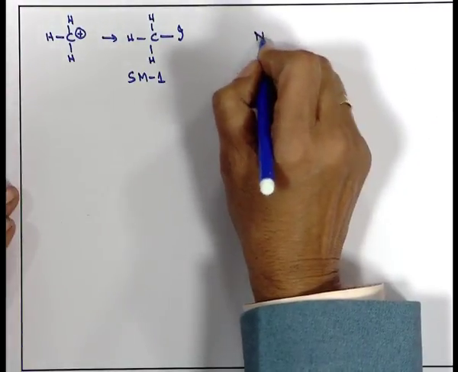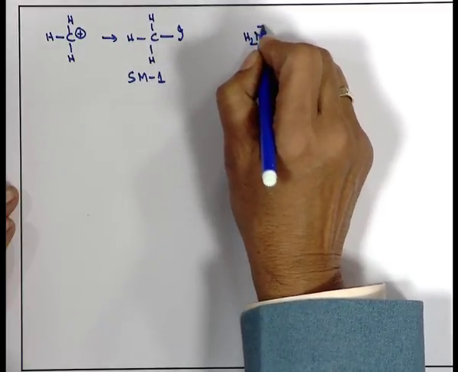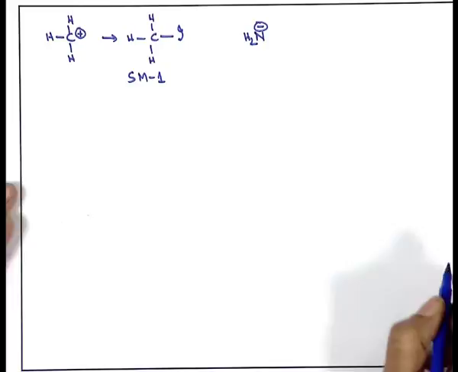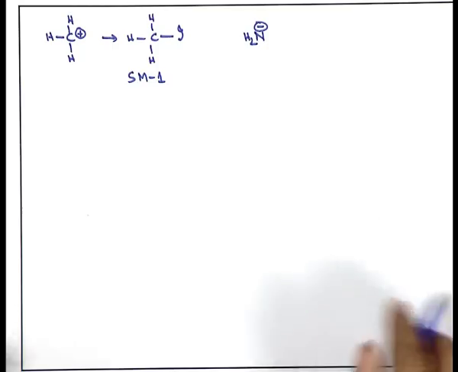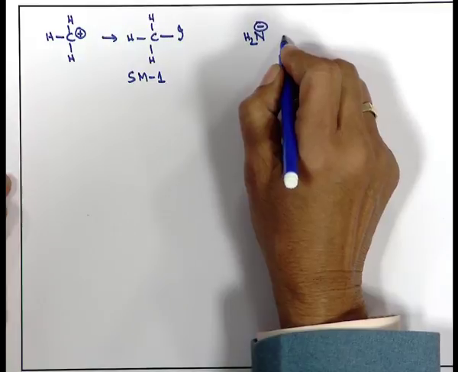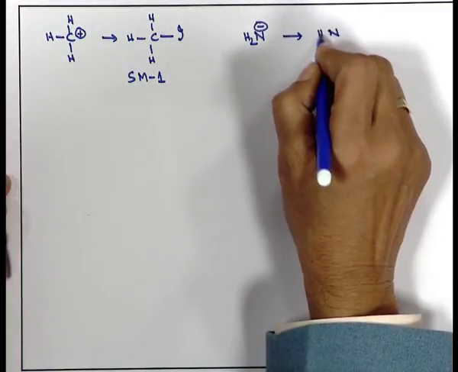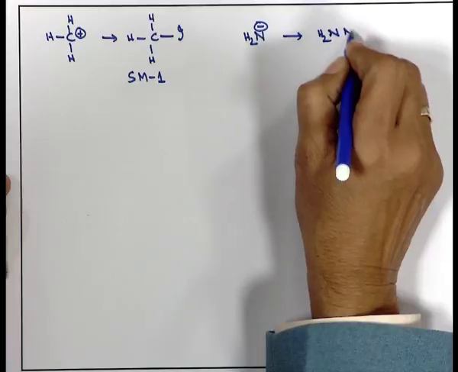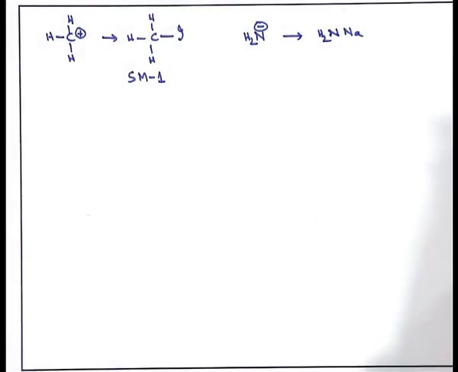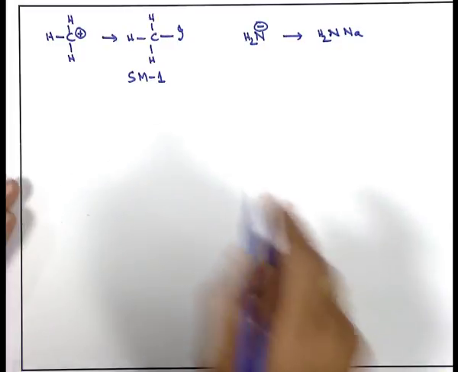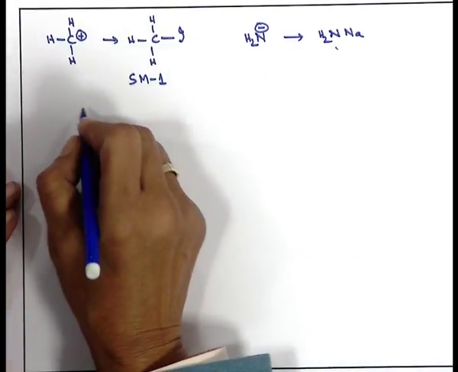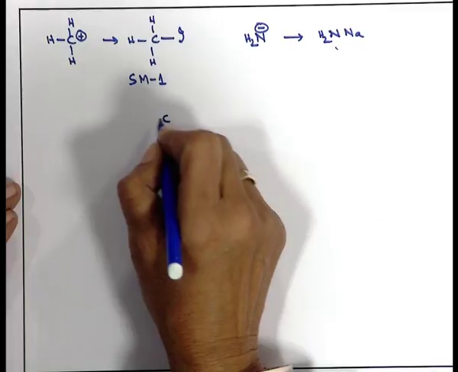Likewise, I have to take the NH2 minus, because CH3 plus should combine with NH2 minus to make CH3NH2, methylamine. So, how to get NH2 minus? Again this is the synthon. I should combine it with an electropositive element. That element may be sodium, may be potassium, may be other metals. So, as simple as sodamide when treated with methyl iodide. So, what will happen? The